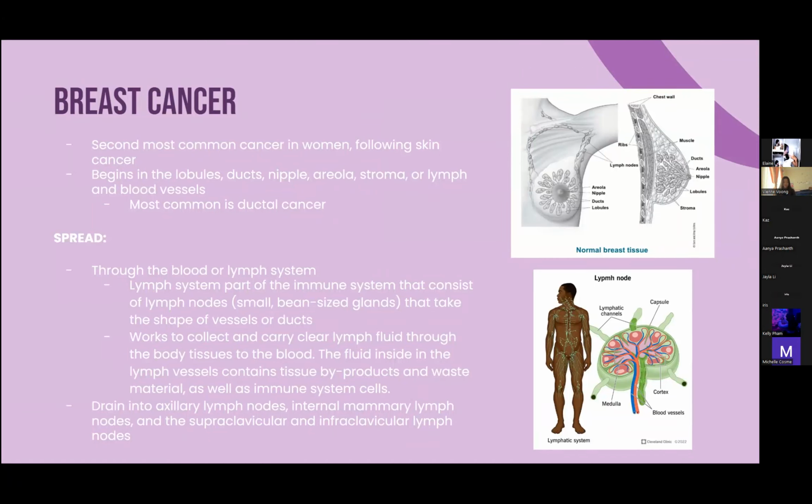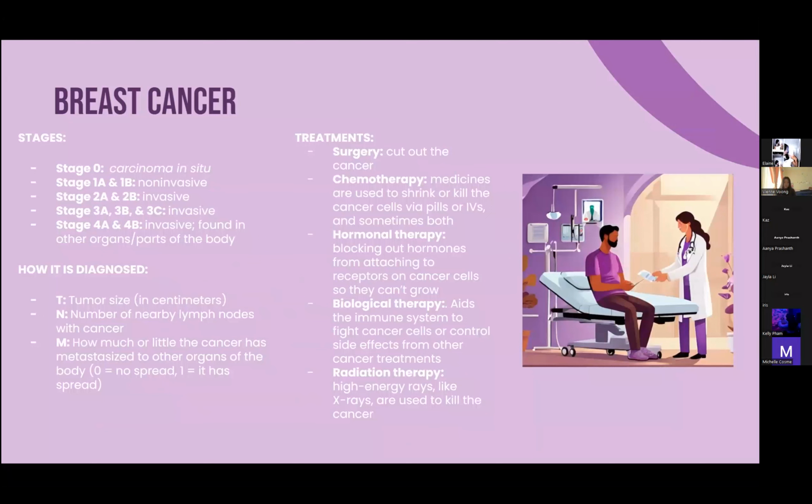Now, once these cancer cells infiltrate the lymph system, particularly the vessels, they tend to spread to other lymph nodes found in the armpit, the breastbone, and the collarbones. And when these cancer cells reach the lymph nodes, there is an increased chance for the cells to metastasize, which is another word for spread, and thus develop tumors.